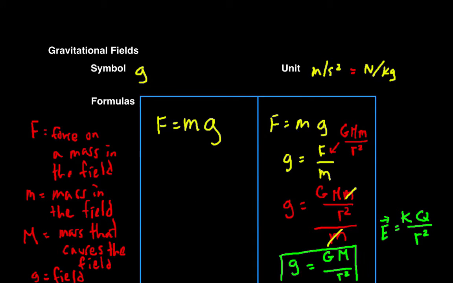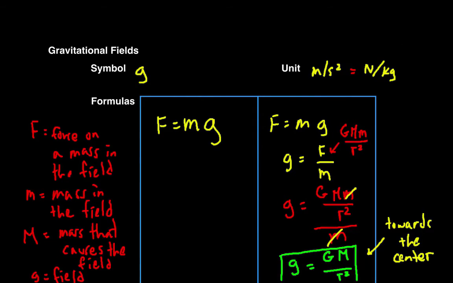So gravity and electrical fields are really similar. The biggest difference between gravitational fields and electrical fields is that gravitational fields have one direction only. The direction of a gravitational field is towards the center of the object. This is because gravity has attraction only, it doesn't have repulsion. Electrical fields could either be towards the object or away from the object, depending whether the object producing the field